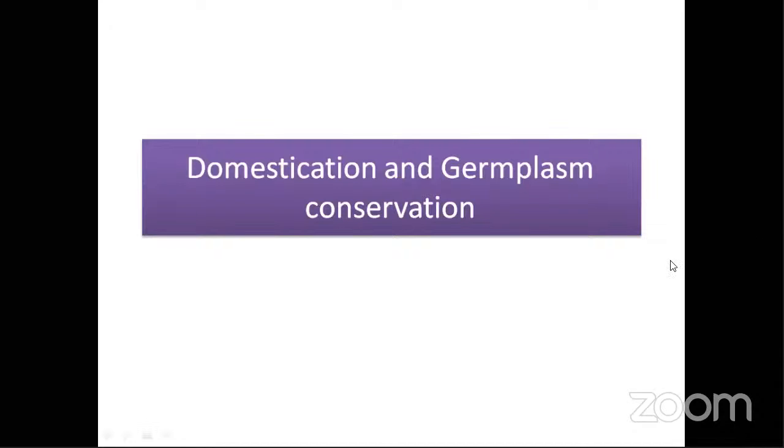Bringing the wild species means there are several species you can find over the mountains, over the hilly areas, over forest, but all those things are directly not useful to us. Whether we cannot use it directly or we don't know how to use it. Each and every plant has some usefulness, but until we bring it under our control, and know how to make use of that particular thing for our benefit, we cannot use it for our sake, isn't it? So the definition says bringing wild species under human management. That wild species